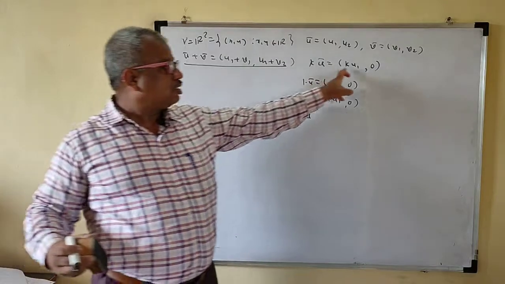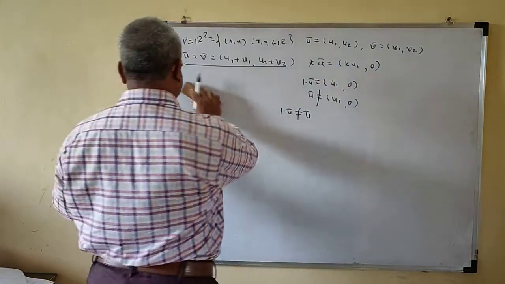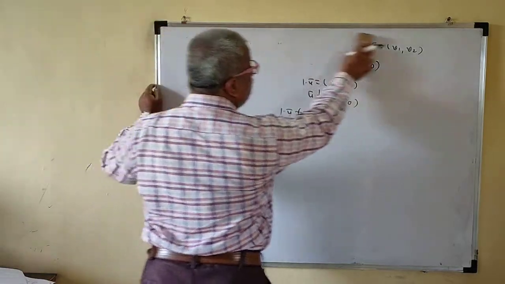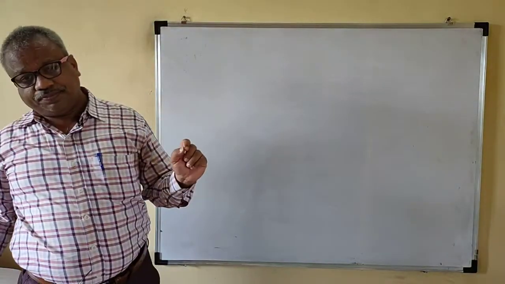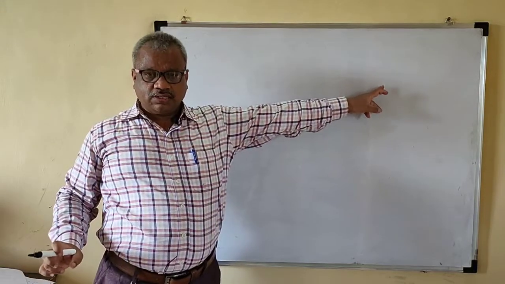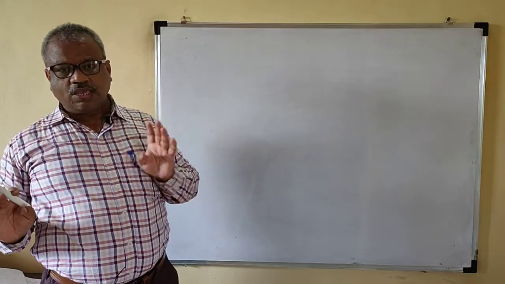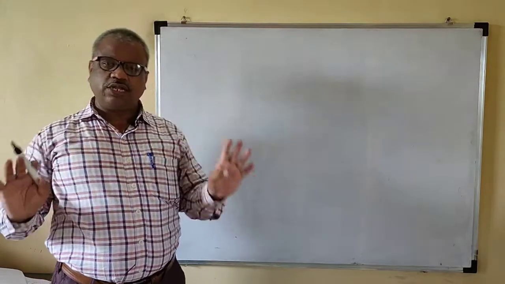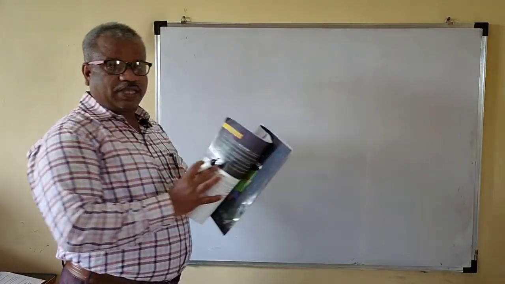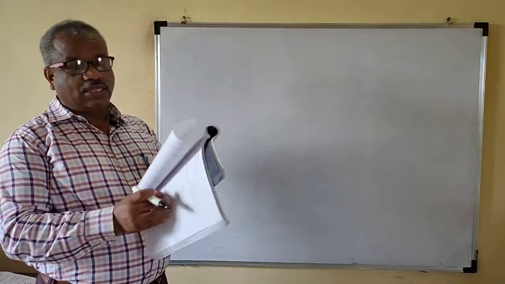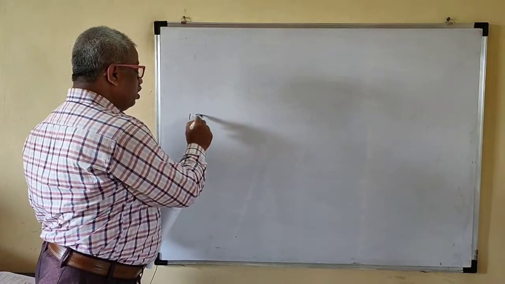Note that such a type of operation means it will not be a vector space. Within a minute you have to take a decision whether this is a vector space or not. For such a type, with second component 0, just check whether 1 into u bar is u bar or not. If 1 into u bar is not u bar, then it will not be a vector space. This is the simplest way for scalar multiplication. If 1 into u bar is equal to u bar,